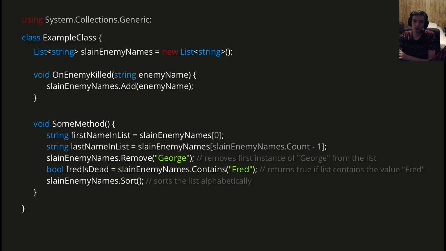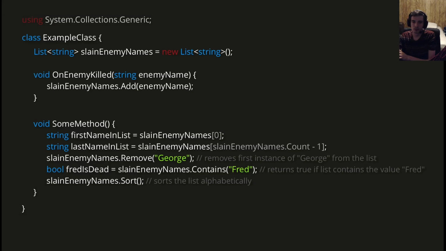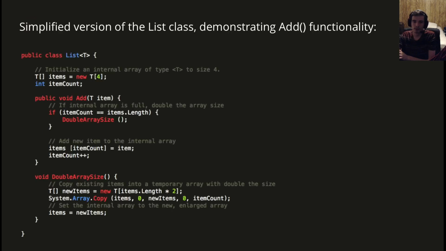So since lists can do everything arrays can do, as well as change size, and they have these helpful methods for things like searching and sorting, you may be left wondering why we even need arrays. Well, I think it's important to know that behind the scenes, a list is actually storing everything inside an array. Whenever the internal array gets filled up, the list has to create